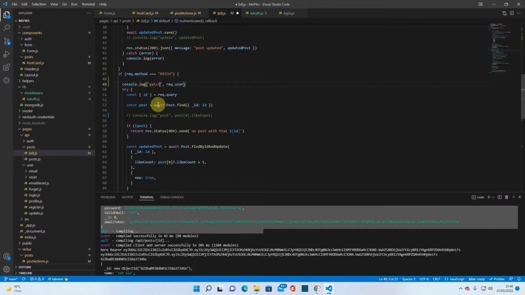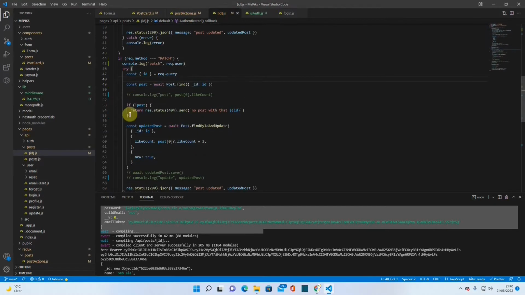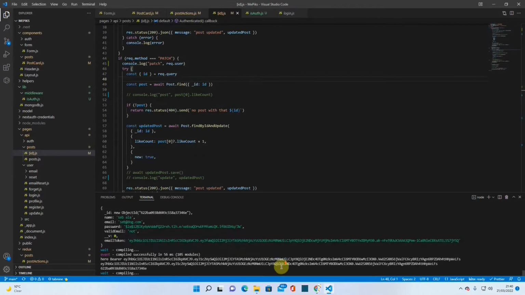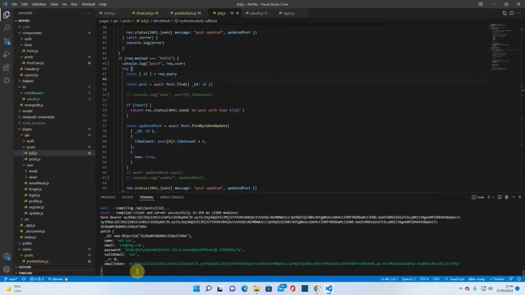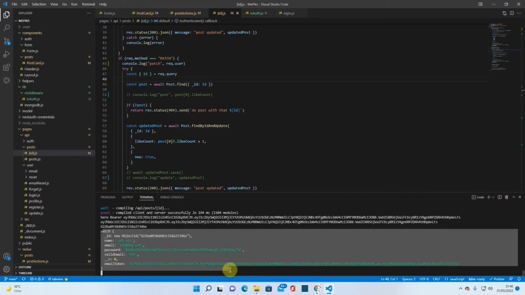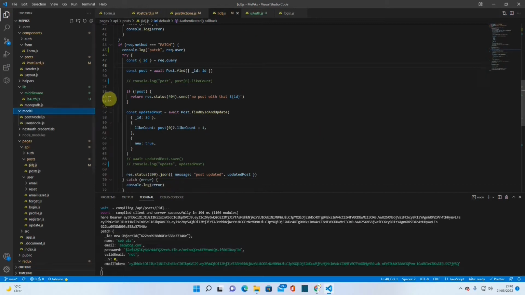It was for updating the post, not updating the like. So this one is the right one. Sorry, I was in the wrong one. Right, now it should work. Okay, so we're in the patch bit. Perfect. Excellent. What we're going to do now is take that user and then push that user's ID into